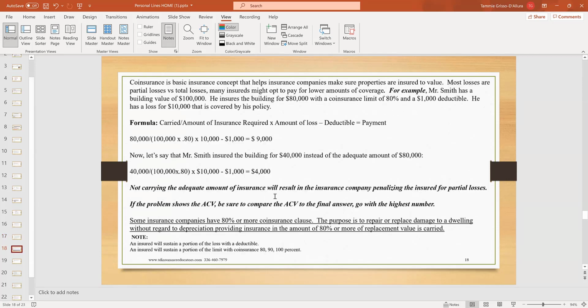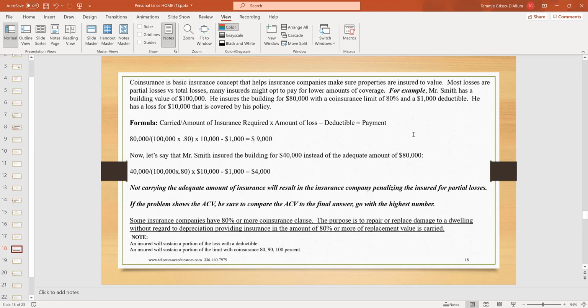Now, let's look at this a little bit closer. Coinsurance is a basic insurance concept that helps insurance companies make sure properties are insured to value. Most losses are partial losses versus total losses. Many insureds might opt to pay for lower amounts of coverage. For example,